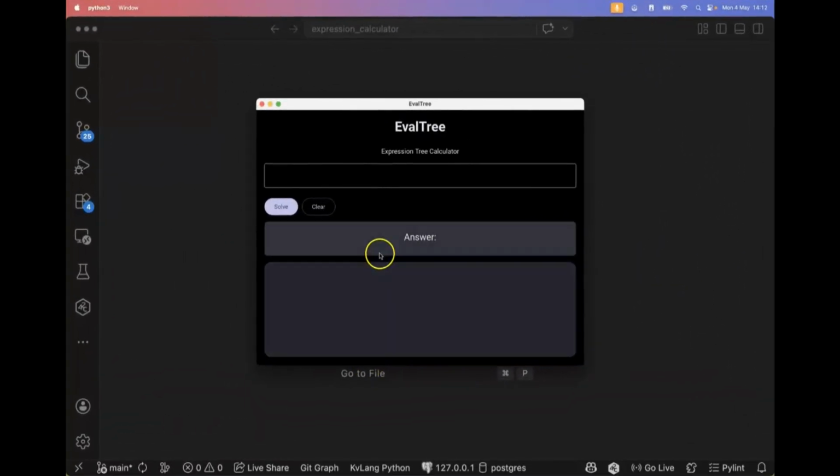In this demo, we type an arithmetic expression into the calculator like this, for example, and we press enter or the solve button. We click on the solve button. Once we do that, instantly we have the result. But most importantly, right below, we also see the corresponding expression tree showing exactly how the expression is structured and